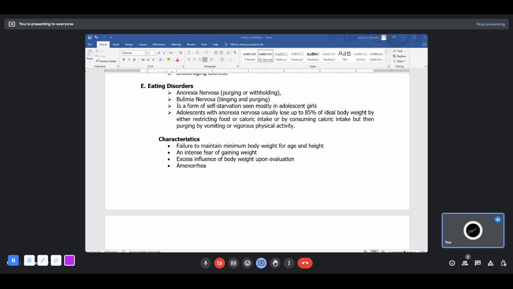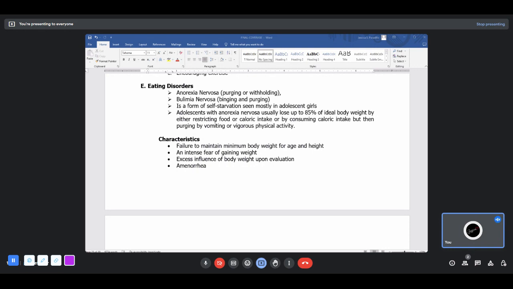It is also a form of self-starvation. Gugutumin talaga nila yung sarili nila. Seen mostly in mga adolescent girls. Bakit adolescent girls? Okay? Teenagers yan, at napakasensitive nila sa body image. Malaki ang pagtingin nila sa body image, pag sexy ka kapag teenager ka. Okay? And also,